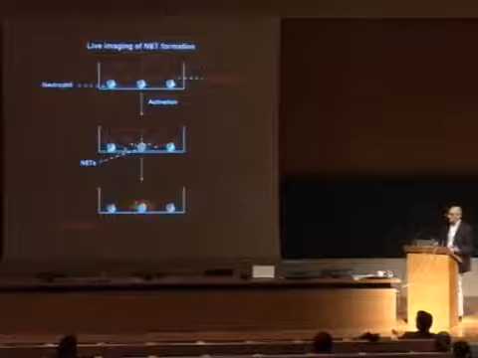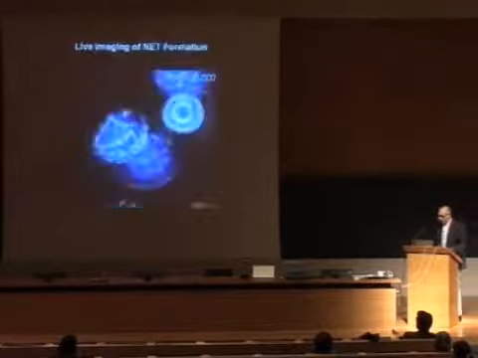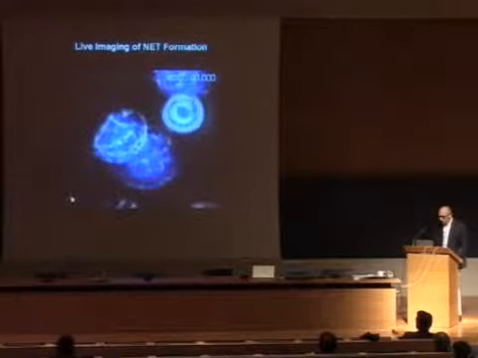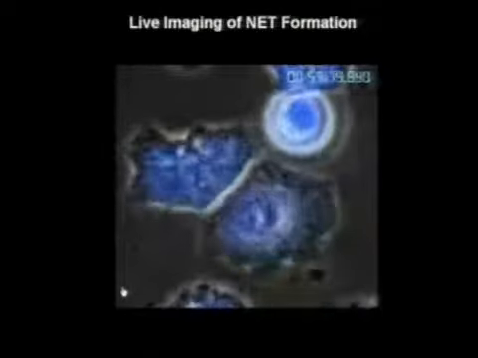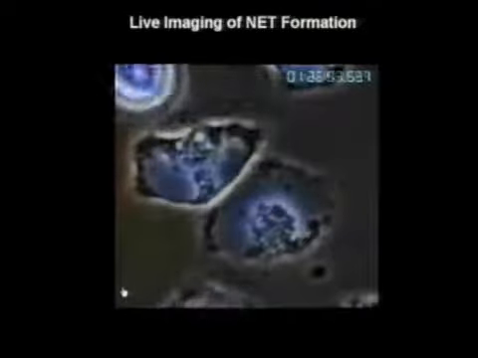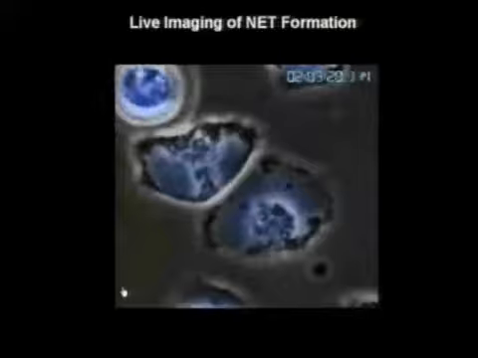You cannot see it, and as soon as the cell makes nets, this chromatin is exposed, the antibody is concentrated, and we can see the nets. So this is actually the movie. And you can see the neutrophil here is blue, so it's alive. They go through this process where the nucleus first contracts and then expands. The cell is still alive, and it's blue.